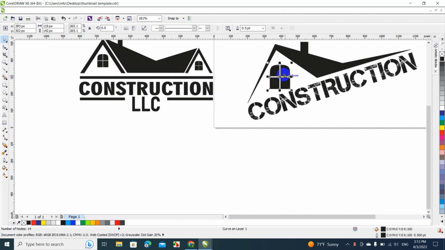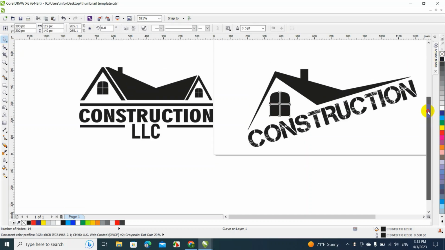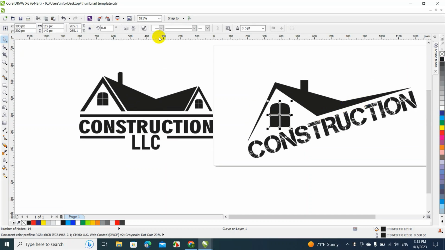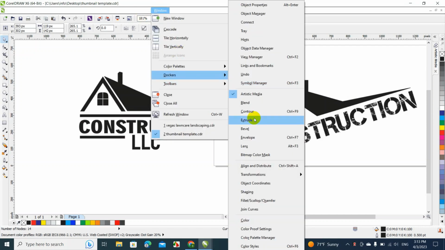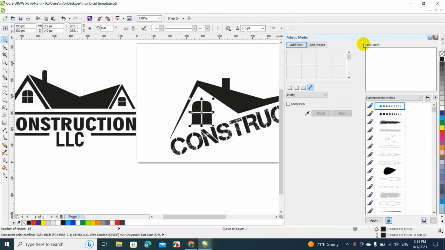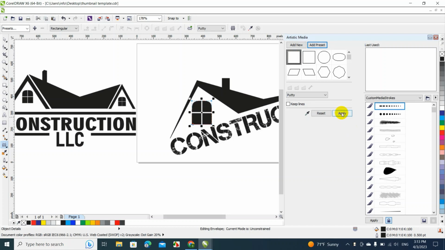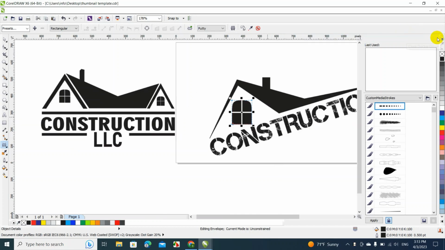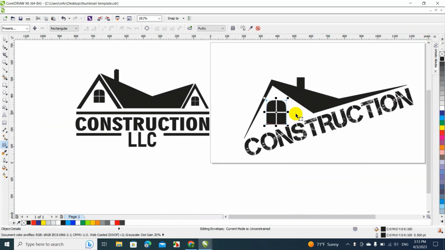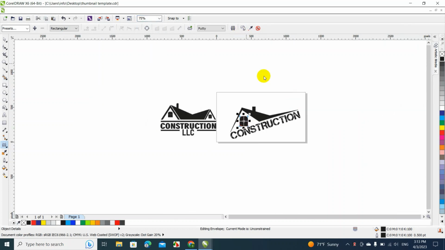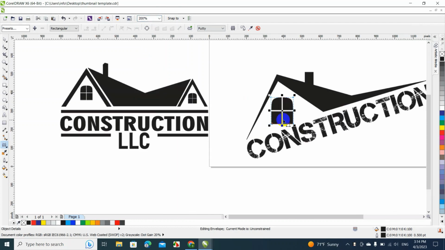let me show you how you can make this to the same angle that this goes. There are many ways you can do this. Go to Window, Dockers, and Envelope, and click Add Preset, Apply, and boom, gone. All right, now let's zoom in. I actually zoom out. Okay. All right, so